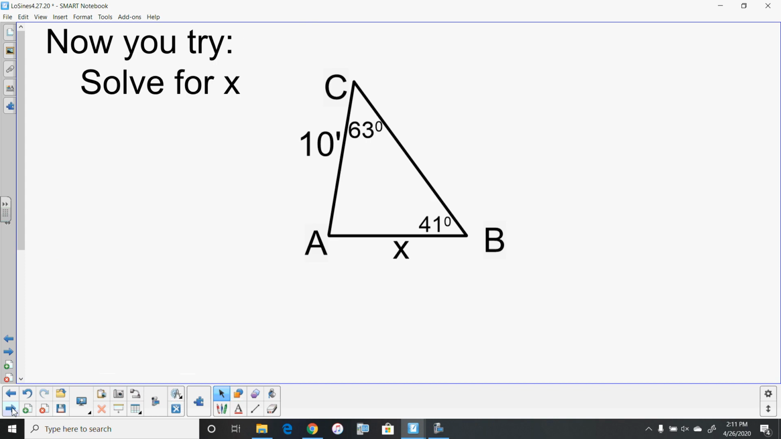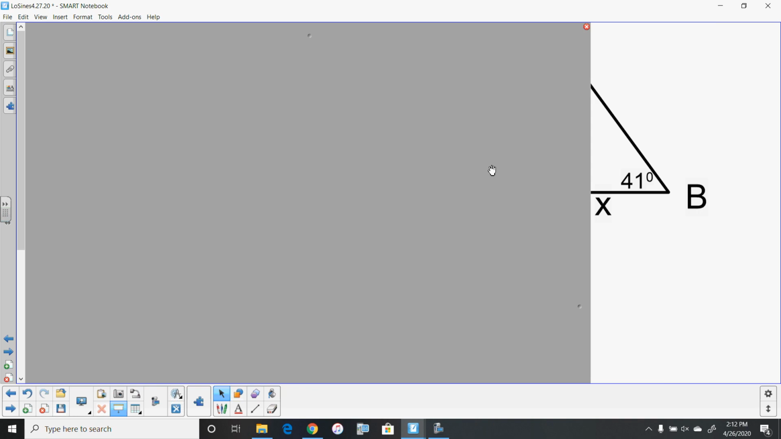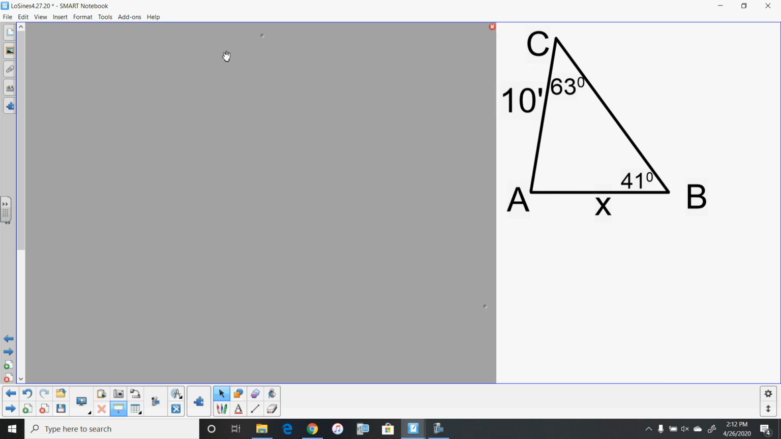Let's do another one here, okay? So I've got enough information for you to be able to use the law of sines. Go ahead and hit pause and see if you can work the solution yourself. And we'll go over it momentarily. All right, so